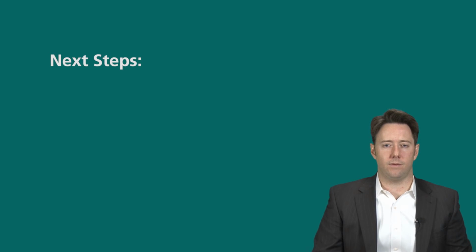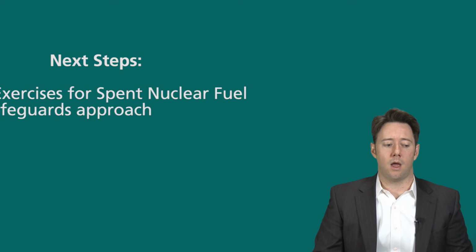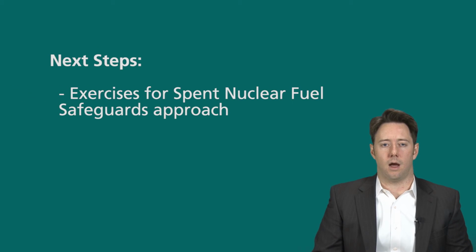So we have given you some examples of a safeguards approach for spent fuel safeguards at a nuclear reactor for both types of LWRs. We looked at that in a bit of detail. In the written portion, there is an exercise for you to do and basically go through what we did for the LWRs with an interim spent fuel storage facility.